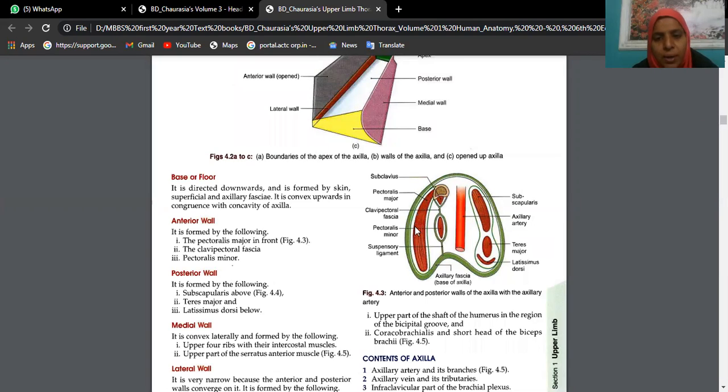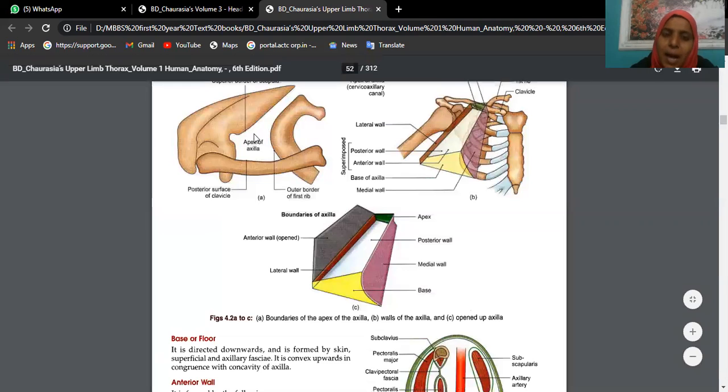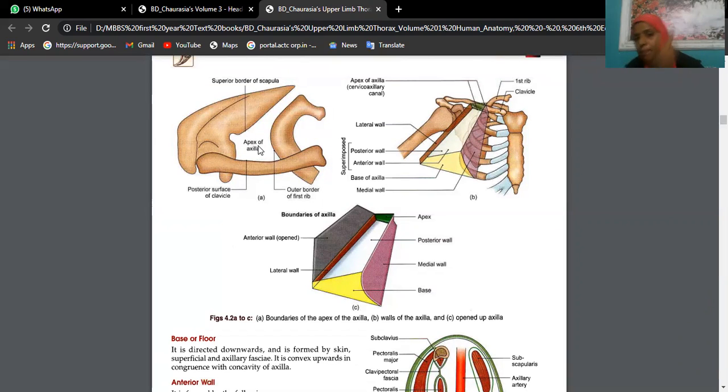This diagram will help you to understand. This is the anterior boundary. You will see pectoralis major, behind which you have pectoralis minor and subclavius. Below the scapula we have subscapularis, teres major, latissimus dorsi. This is behind. So now you know the anterior boundary and the posterior boundary. If you just palpate, if you allow your hand to move up, that area is called the apex. So the plane where our fingers are going inside will be the apex.